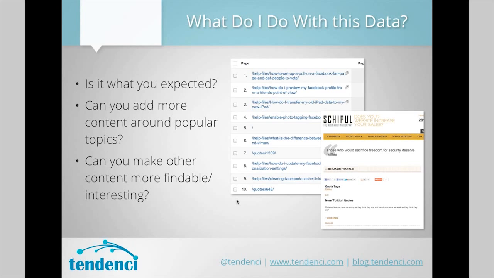And so a lot of times if you see random pages that show up above your homepage, that's because, for whatever reason, people are searching for things around that topic. They're finding you probably in search results. So like this, "How do I transfer my old iPad data to my new iPad?" That's just sort of a random help file that we created. Well, people in the search engines are Googling, how do I transfer my old iPad data to my new iPad, and finding that content. So if you see random content like that that's sticking and it's really popular,